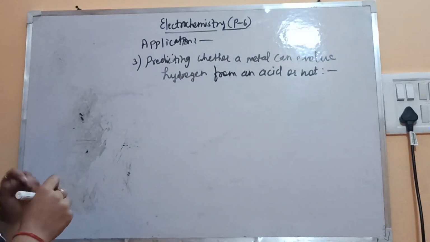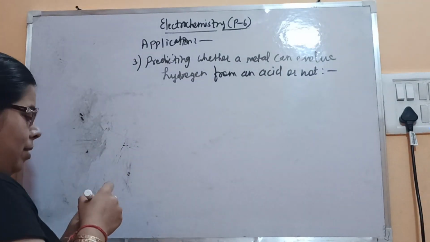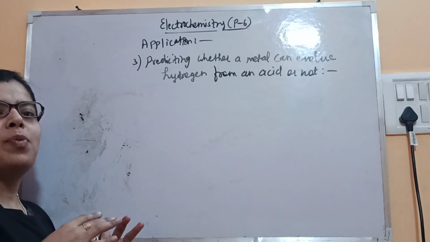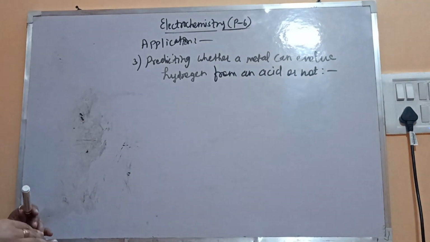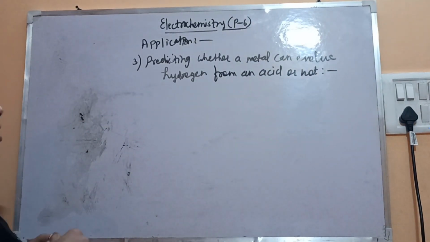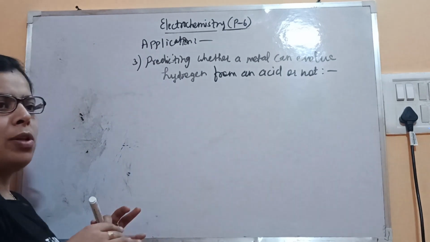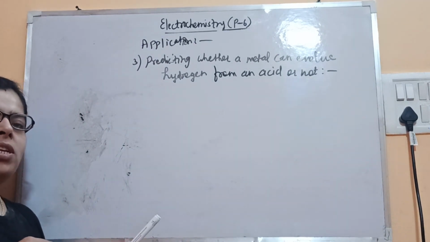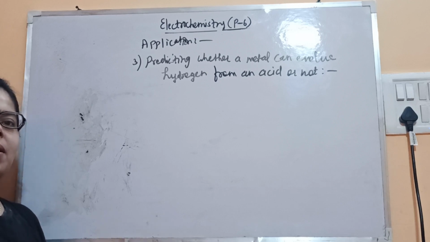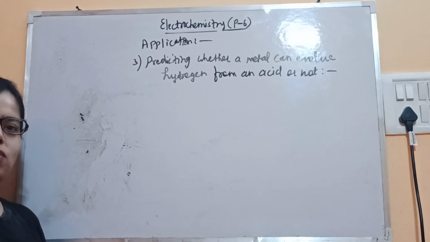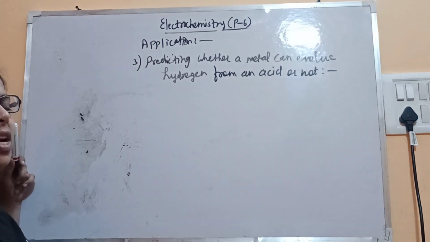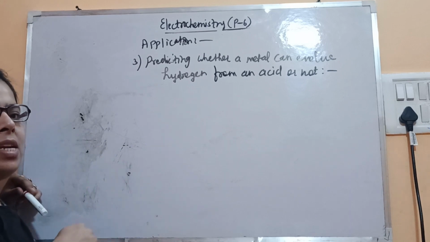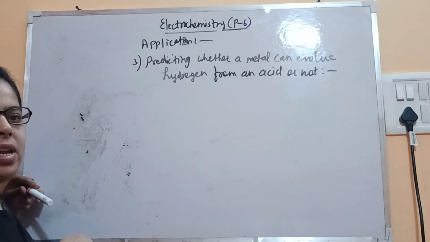In the series you might have observed that the elements which are present above the hydrogen all have positive values, and those present below the hydrogen have negative values. Like in the displacement reaction, in that series we say that the metals present above the hydrogen can displace hydrogen from the salt solution and evolve hydrogen, and those present below cannot displace and cannot evolve hydrogen gas.